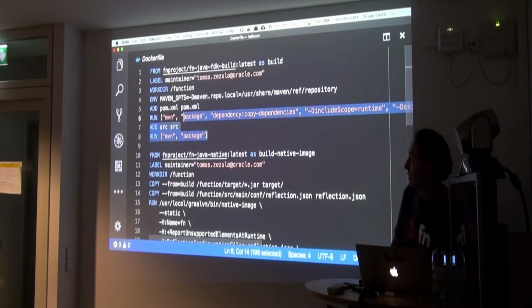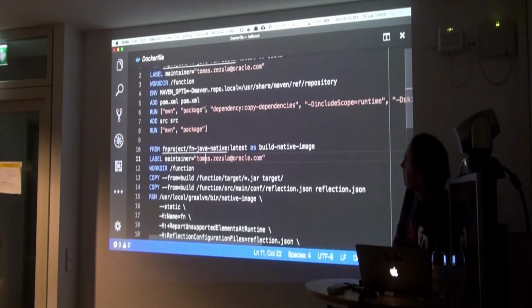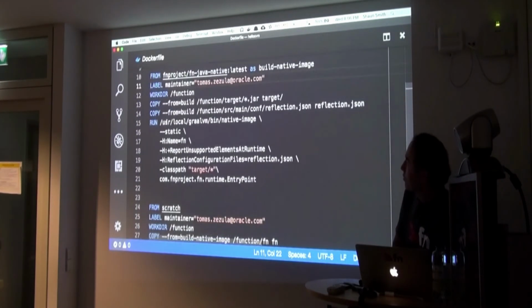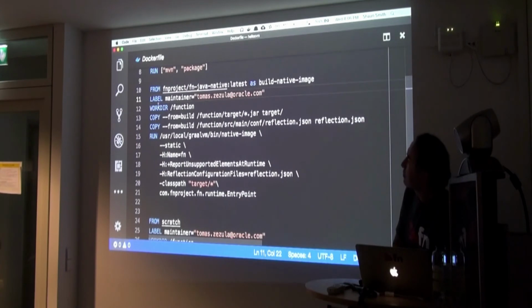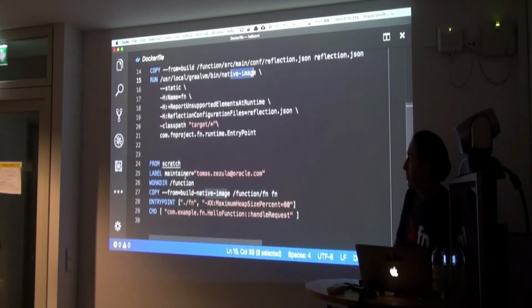They bring a Docker file that basically does what we did before for Java. We run Maven to get all the dependencies. Then we copy dependencies across, and run Maven package. So it gets the dependencies, runs Maven, and then they run the native image compiler. That's going to take the jar that's produced by the first build, the javac build, and generate a binary out of that. And then they're going to package that binary up here.